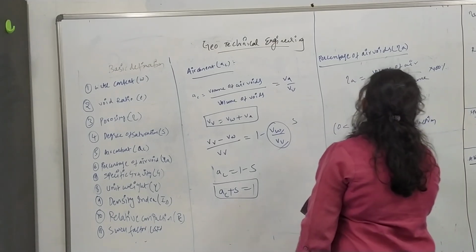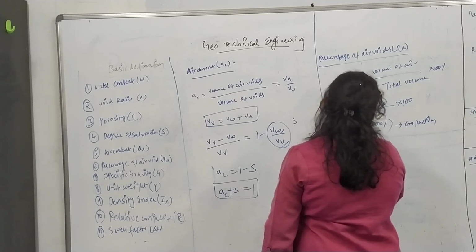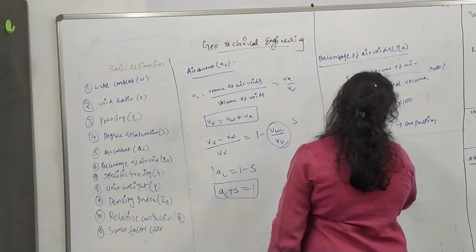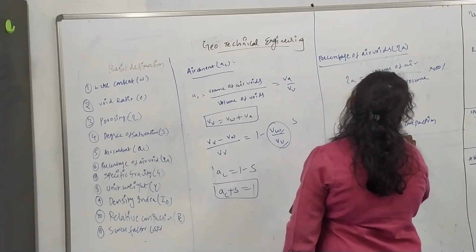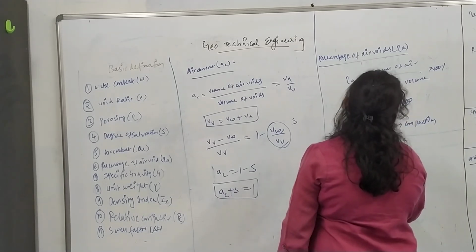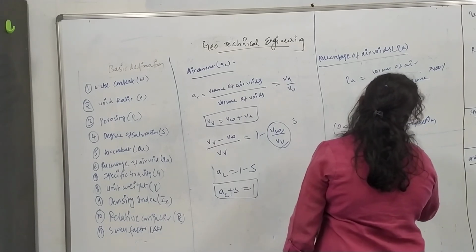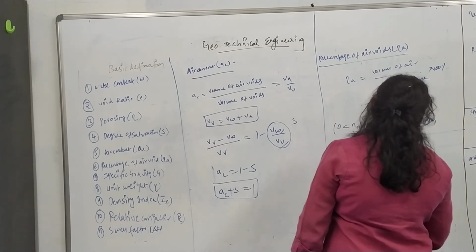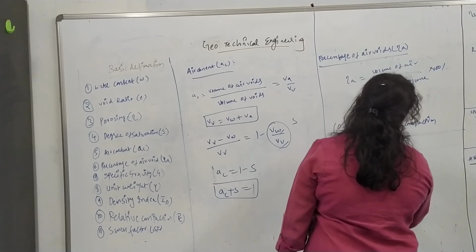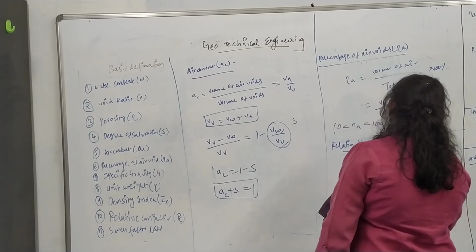Here the percentage of air voids is equal to how much, into volume of voids by volume of voids. So what will happen here, volume of air by volume of voids will be